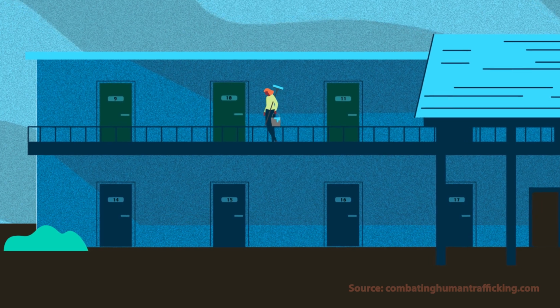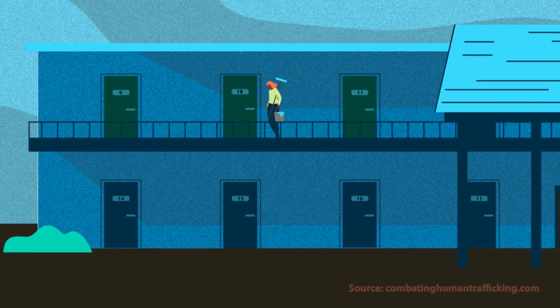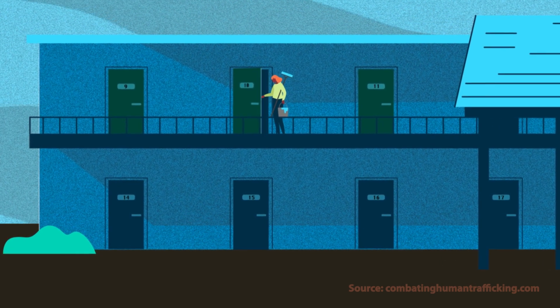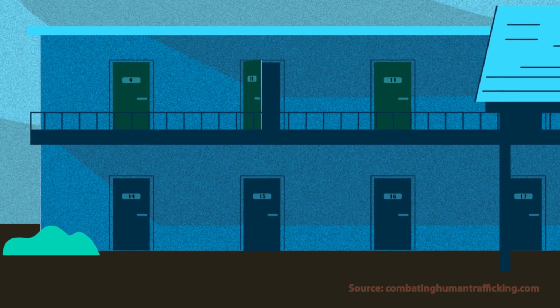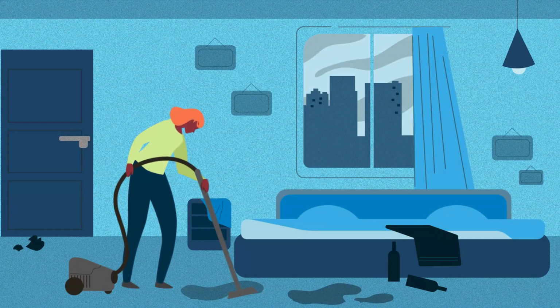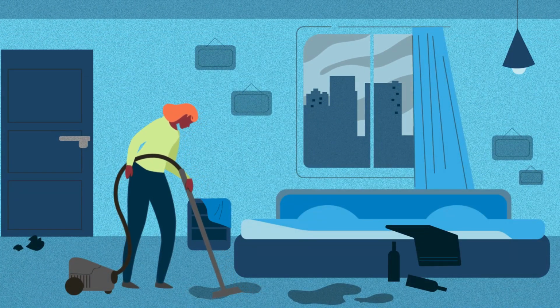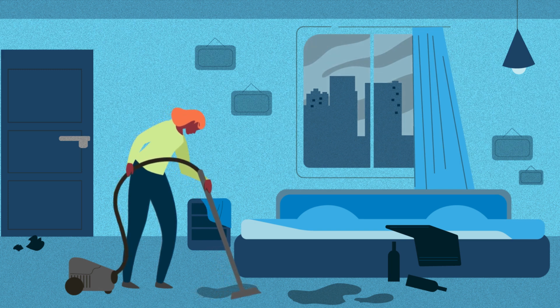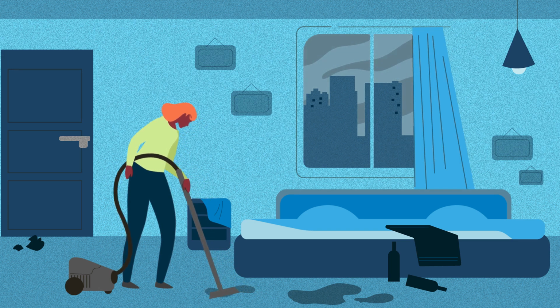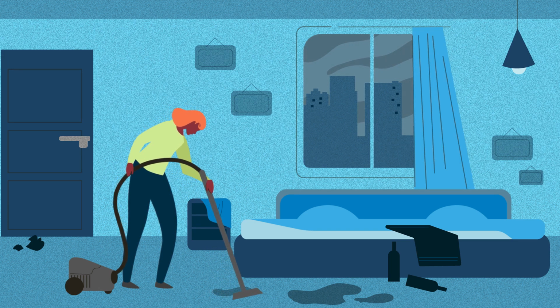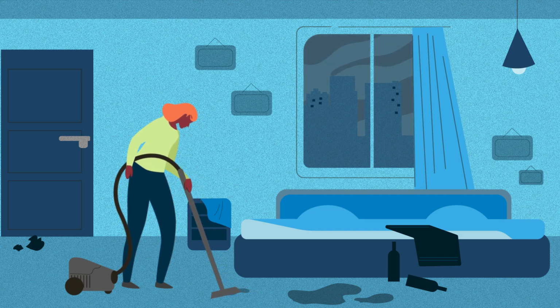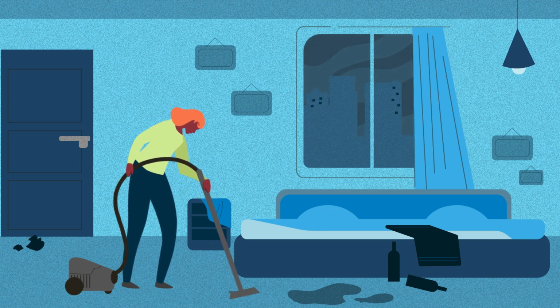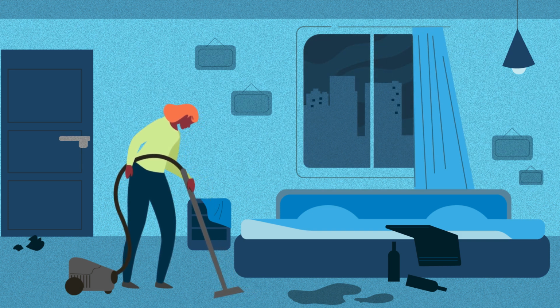Anna is paid $500 a week to clean hotel rooms. According to her contract, she's assigned 12 rooms each night. On a good night, she can finish in 6 hours. But if she is assigned a particularly messy room or one of her coworkers needs help, it can take up to 9 hours. She always clocks out at 5:30, but she must keep working until she has finished all 12